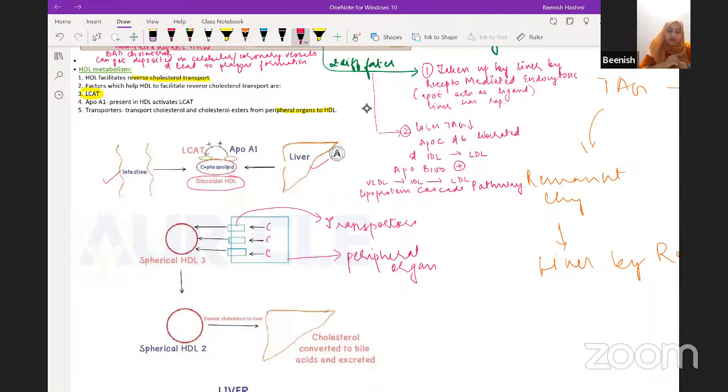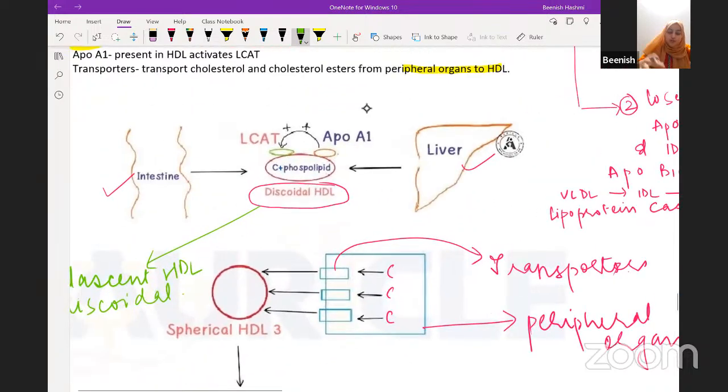The intestine secretes discoidal HDL. This nascent HDL is known as discoidal HDL. Why is it discoidal? Because it has cholesterol and phospholipids, and they are amphipathic lipids, so they cannot form a spherical structure. They can only form a bilayer kind of structure, so it is present in the form of a discoidal shape. Your intestine and your liver secrete nascent HDL, which is discoidal in shape,